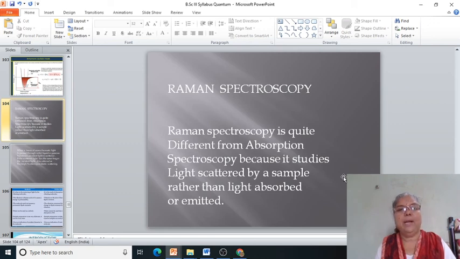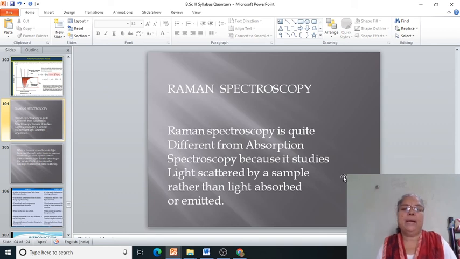Then the second point of spectroscopy, that is, the vibrational spectra of diatomic molecules. In the vibrational spectra you have studied the simple harmonic oscillator model, vibrational energies of diatomic molecules, determination of force constant, then the anharmonic oscillator and overtone transitions. And after this, you are going to study the next point, that is, Raman spectroscopy.